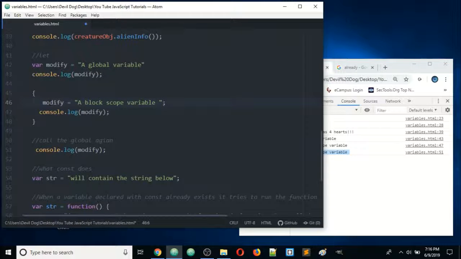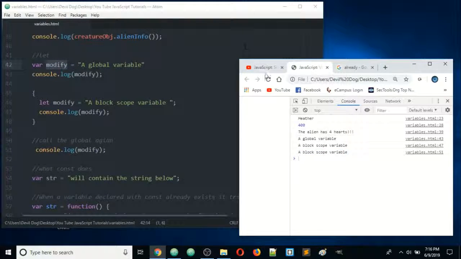So when we change this var to let, save, what will happen now is this variable here will maintain its current value in the global scope, even when we call it again down here, and this will print its value just fine. So with the keyword let, this variable here with the same name does not modify this variable here in the global scope. So refresh it,